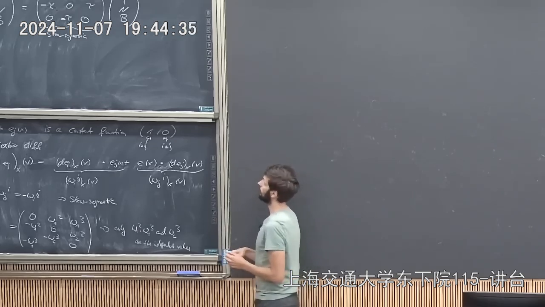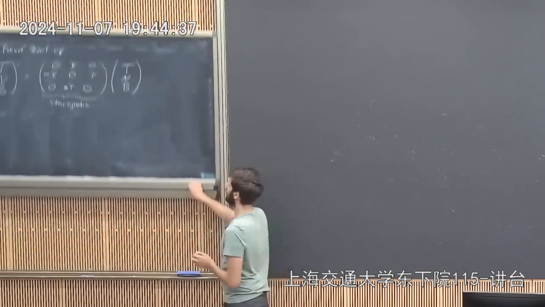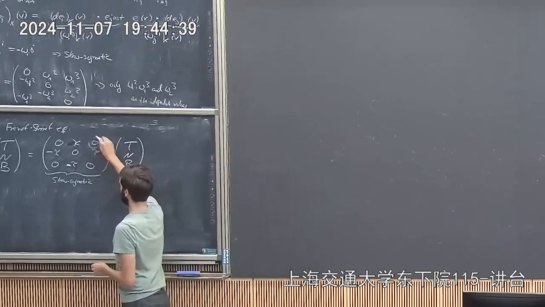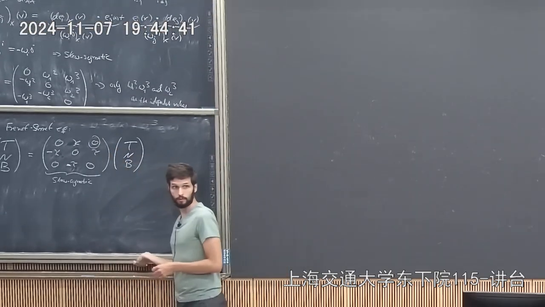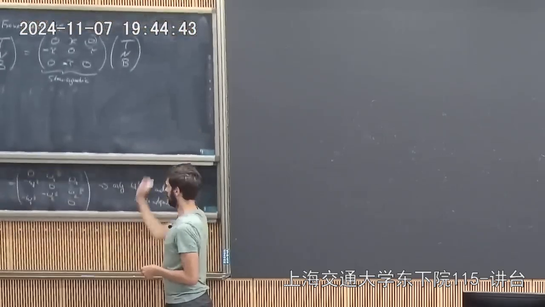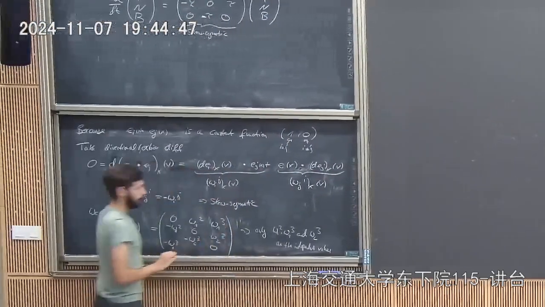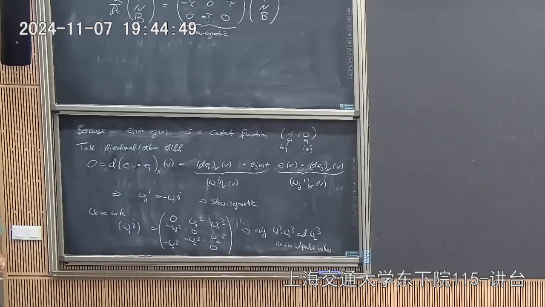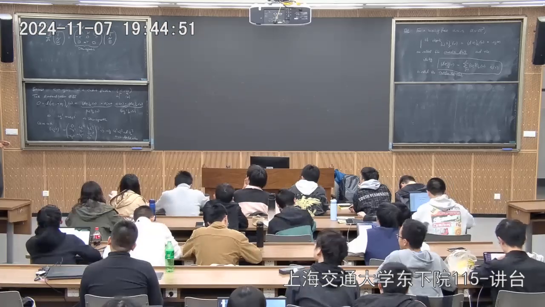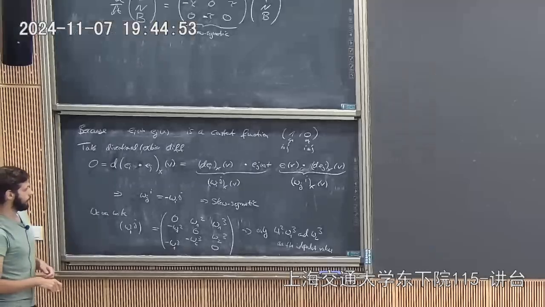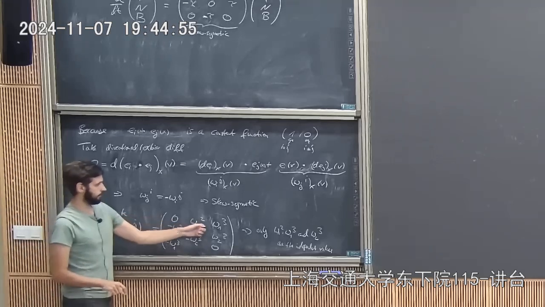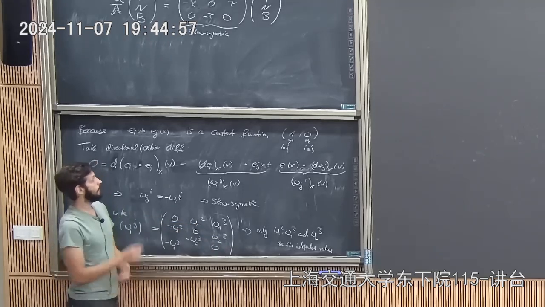One is very obvious: here we always have a 0, while here that element might be non-zero. So that's the first thing that you notice. And the second one is that these ones are